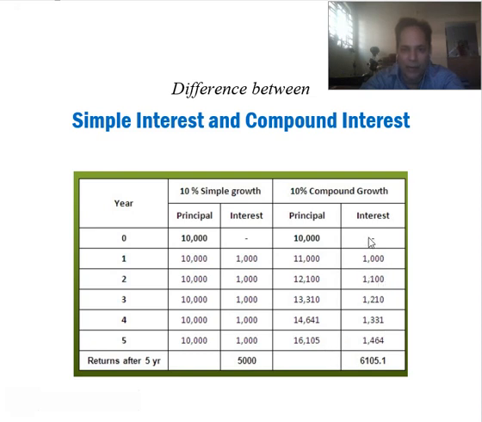So therefore, after 5 years, the total compound interest is $6,105.1, whereas the total interest in simple interest case was 5,000. Therefore, you can see that in compound interest, your profit keeps on increasing every year. But in simple interest, it remains same every year because the principal amount remains constant. But in compound interest, the interest keeps on increasing because